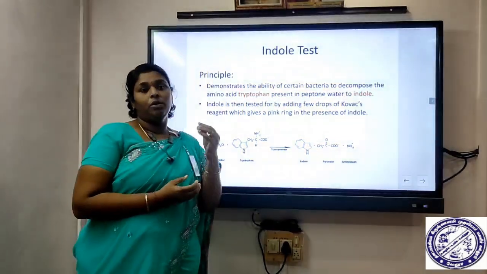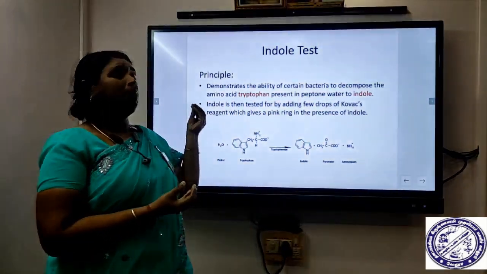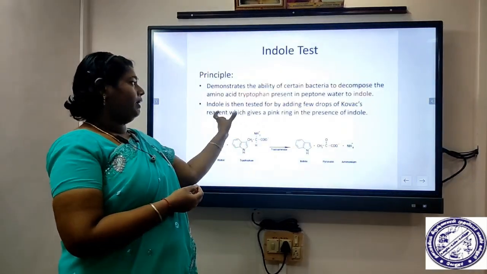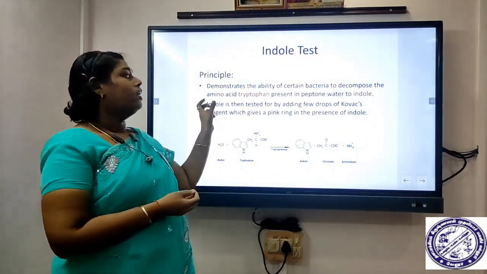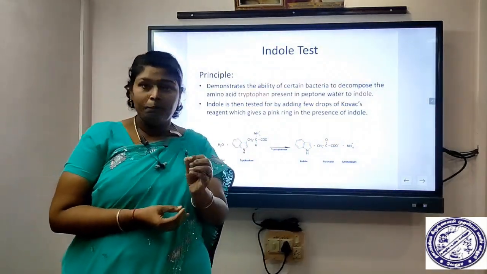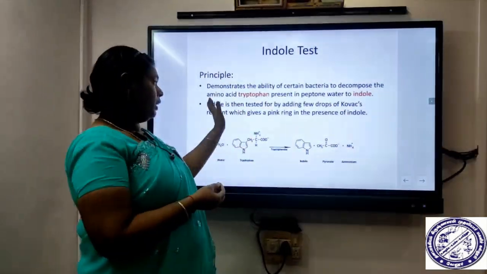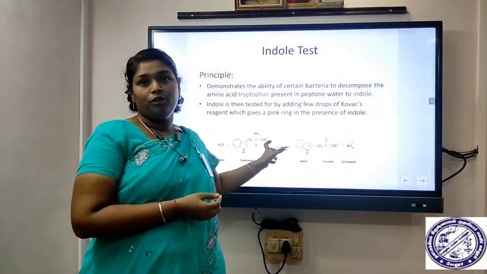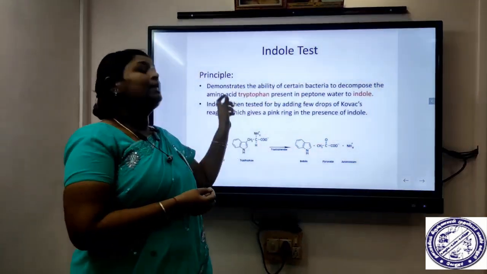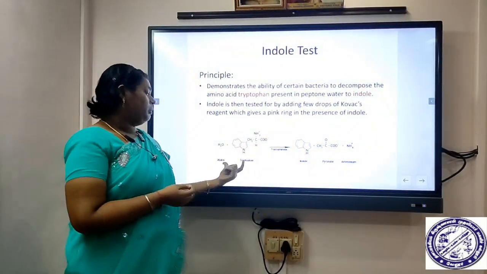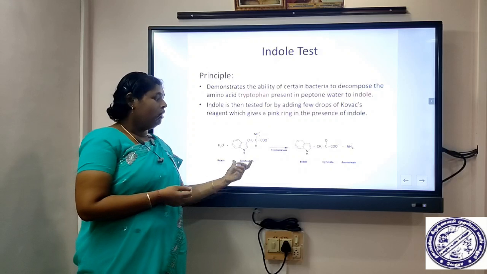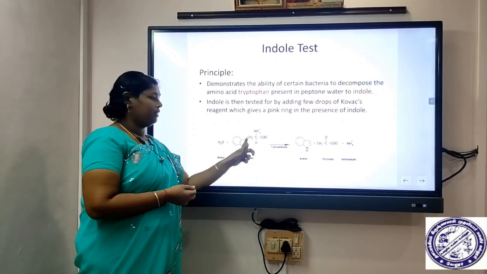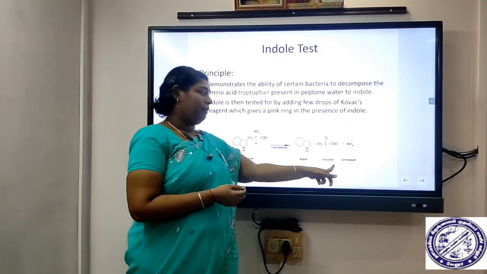So indole is a product which has been produced from the amino acid called tryptophan. This tryptophan will be present in the peptone water. So when the organism decomposes the tryptophan, they will be converting the tryptophan into indole. The enzyme needed for the tryptophan conversion is the tryptophanase enzyme. So the medium contains water and the tryptophan. When the organism produces the tryptophanase enzyme, they will be converting the tryptophan into indole and the pyruvate and the